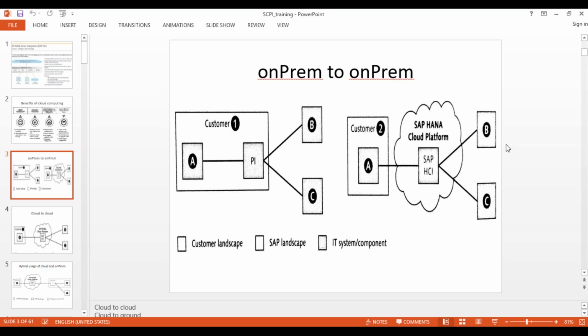As you know, as of now, on the customer side, we are using the PI or PO system at the on-premise level to integrate one system to another system, right? The same capabilities are carried over to CPI, so we can use CPI as well.